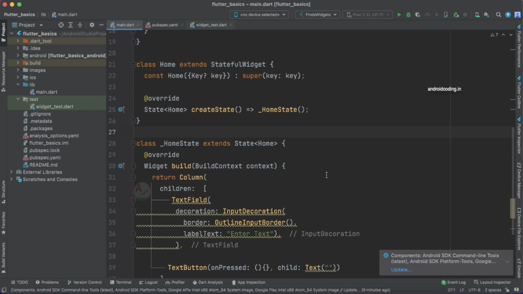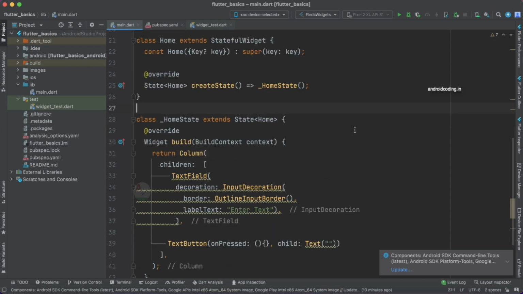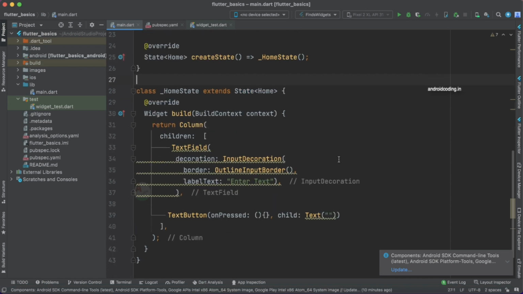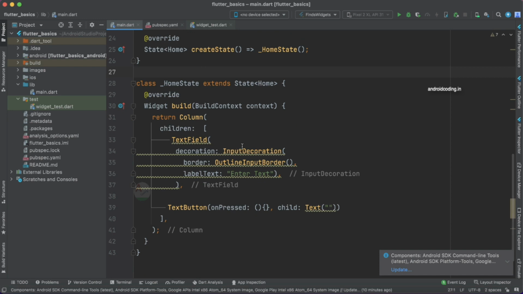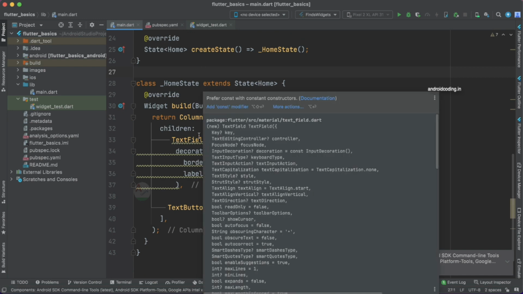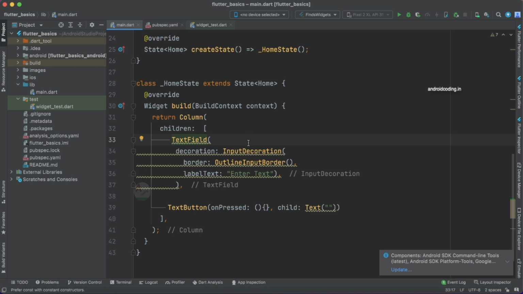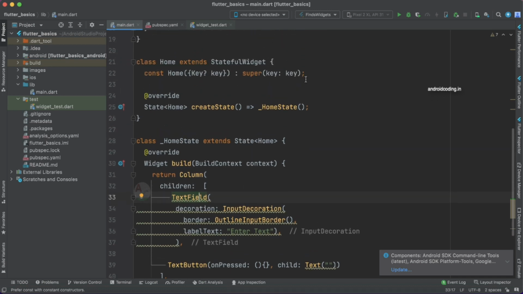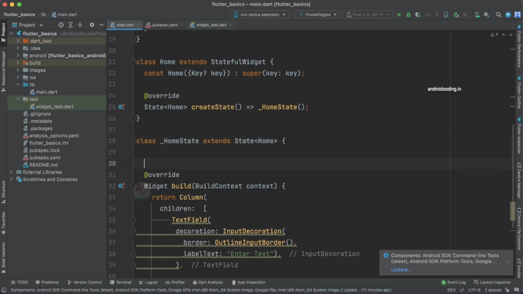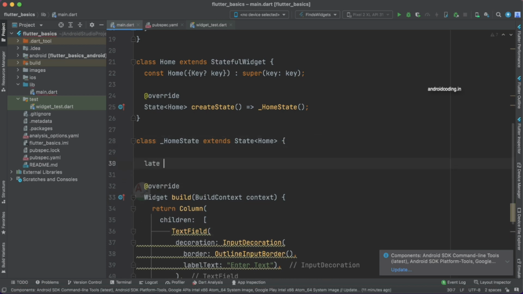Within the stateful widget, we will try to create a UI such that we are able to accept a text from the user. To accept a text from the user, we require a text field. Here we already have a text field, so I'm not going to add a new one. Just continue with this text field, and we don't have a controller here. So now let's try to add a controller,